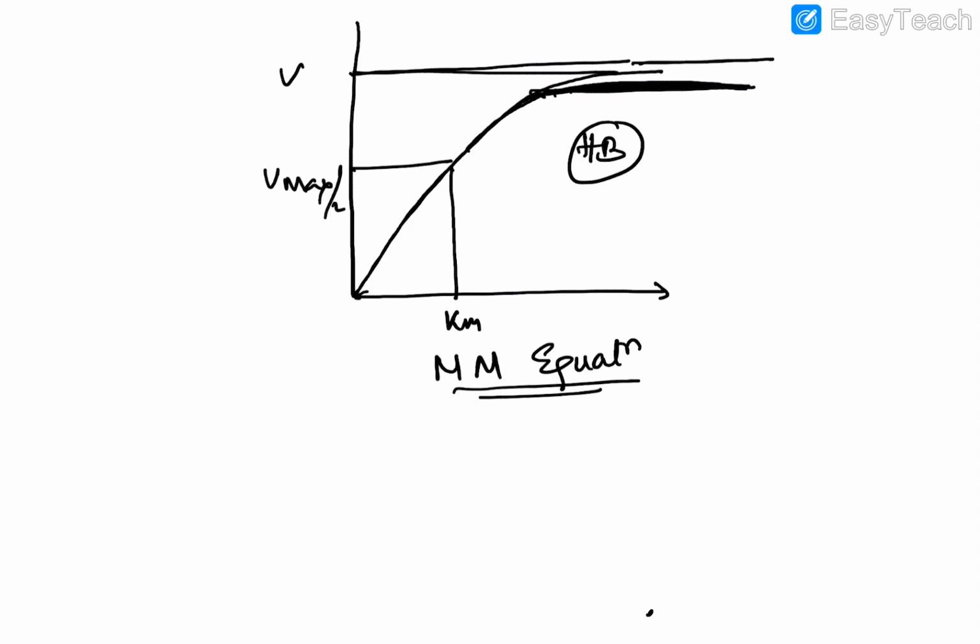So if the hyperbolic curve does not reach Vmax, we will not be able to find out the Vmax of a particular reaction, and hence we cannot find the half of Vmax and half of Km. To do away with this problem and to make our mathematical computation easier, this curve was